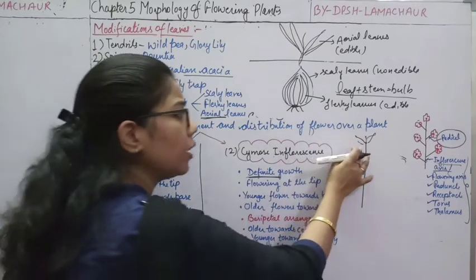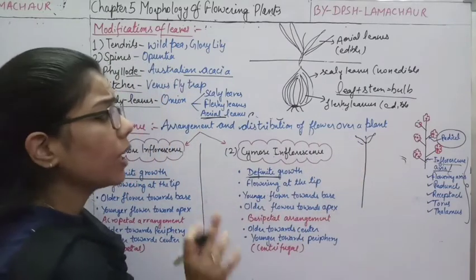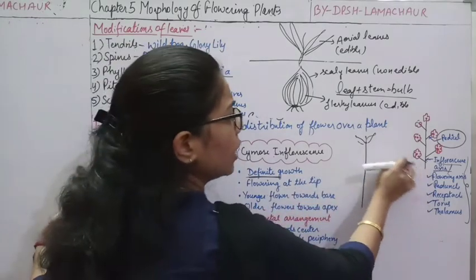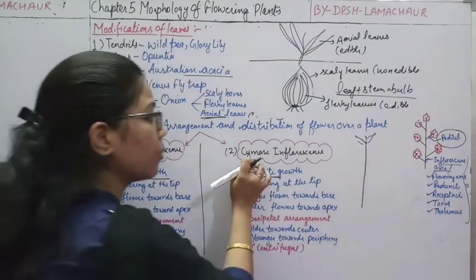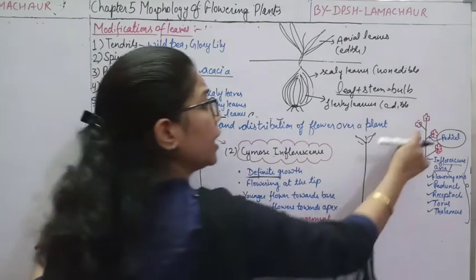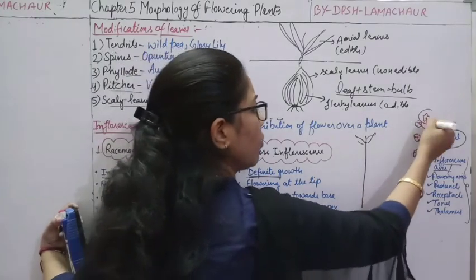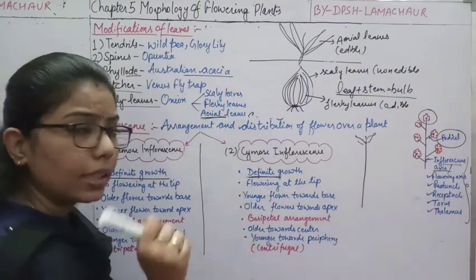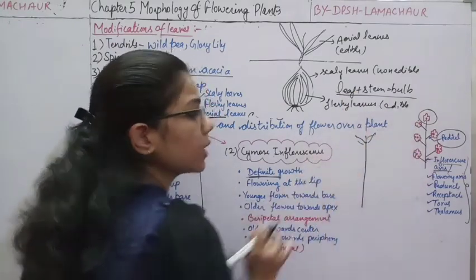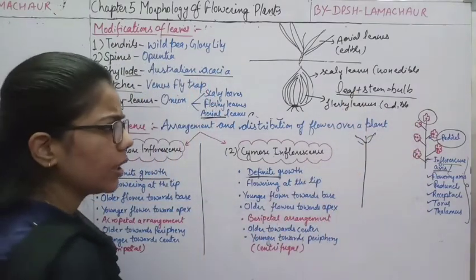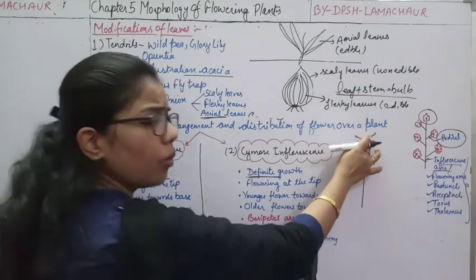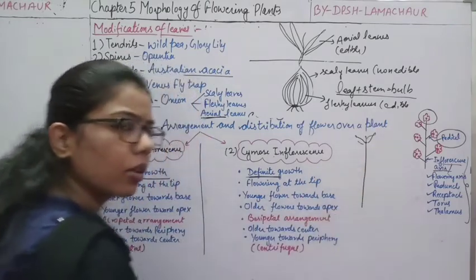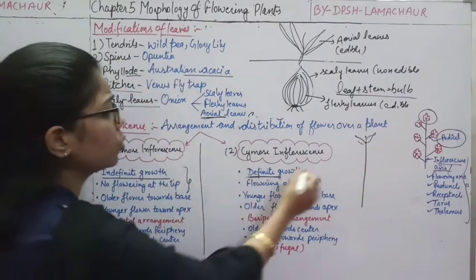It will not limit the growth of the plant. Alternatively, if we talk about the cymose, I have drawn this diagram here. So this diagram is an example of what? Cymose inflorescence, in which you are seeing that at the top there is a presence of flower. At the tip of the plant there is a flower, and this flower will limit the growth of this axis. So it is clear what is racemose? In racemose there is no flower at the tip, so there is an indefinite growth and in cymose there is a definite growth. So we have covered these 2 points here.